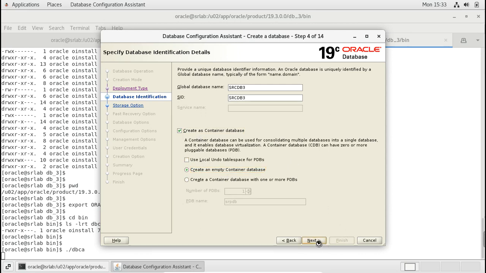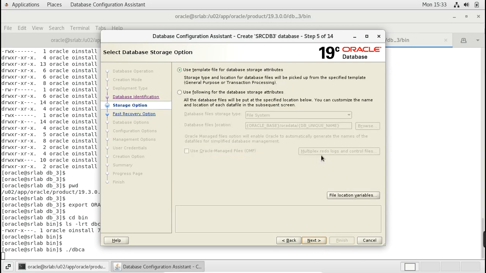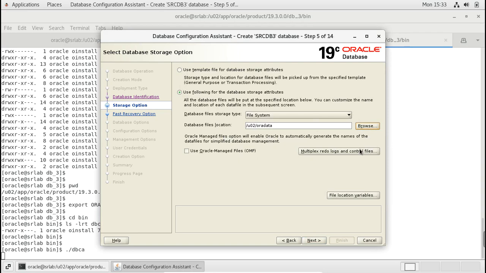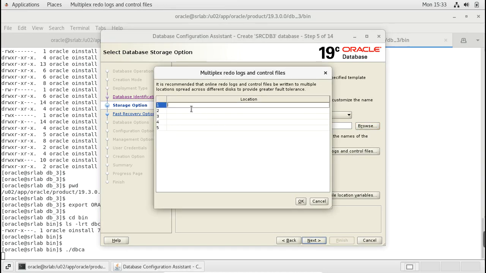So next, the file system I am using for data. I'm doing multiplexing of the redo logs and control files.